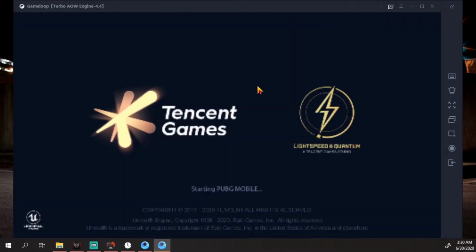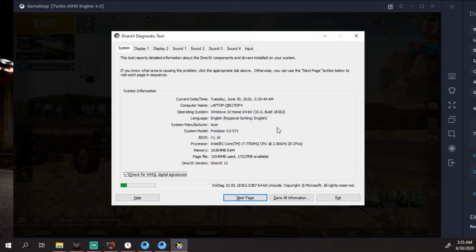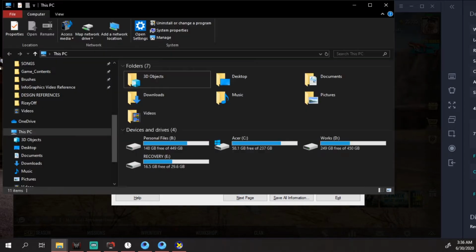Open up your game. After you're done with it, open up Run and type in dxdiag. You're going to see a lot of values, but what you need is the page file. If it is using more than what is available, you want to change it and give enough page file size to the game. And for that, what you have to do is go to This PC,